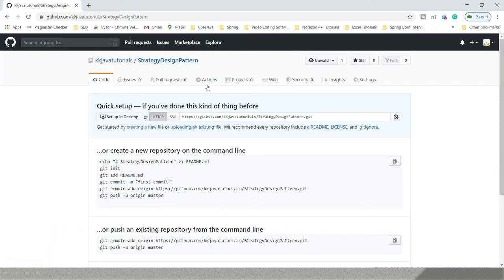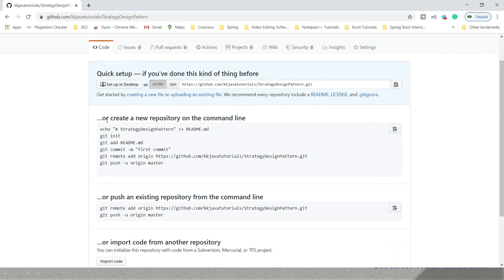Now this is called our remote repository or central repository, and whatever we have created locally is called the local repository. But there is no link between these two repositories. The central repository as well as the local repository are completely independent. So how do we establish the link? Git has provided these instructions, so we need to follow them one by one.